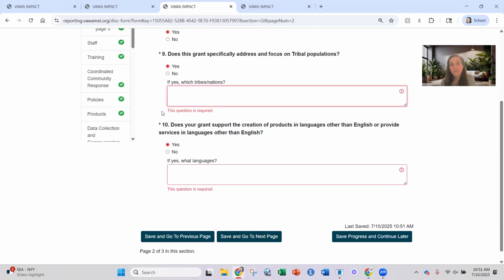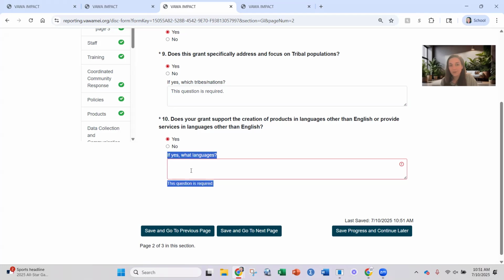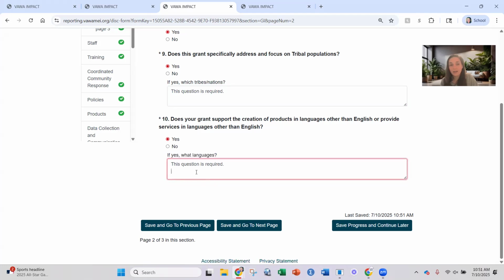You can see a validation error automatically pops up with red text under a question if you have missed something. So in this example, I selected yes, but I forgot to follow up with the text box. So once I've entered in whatever it is that I need to say, the validation warning goes away and I